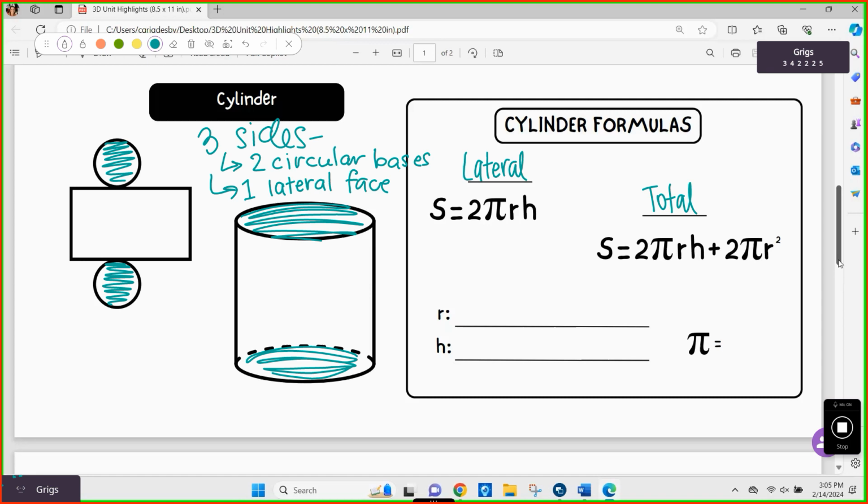Cylindrical total. Alright, now here's the hard piece. The formulas are not hard because all we have to do is plug numbers in. But we do need to know what those letters represent. 2 stands for 2. What's this fancy guy? Pi. What is pi? We shorten it to be